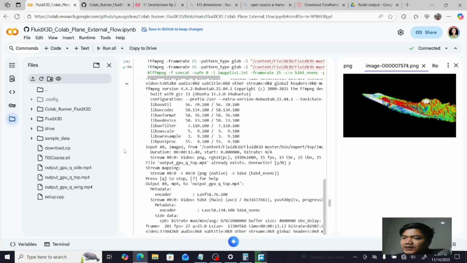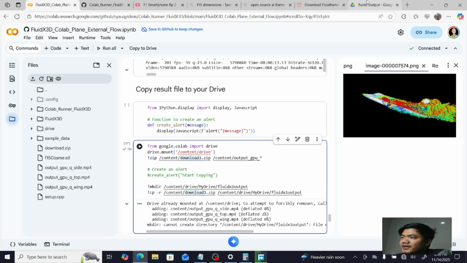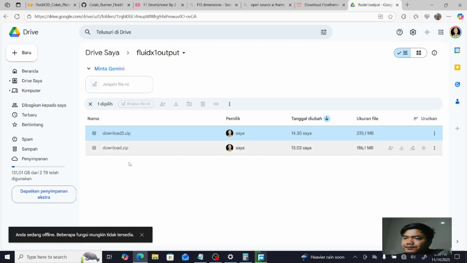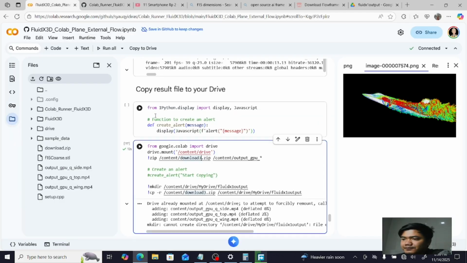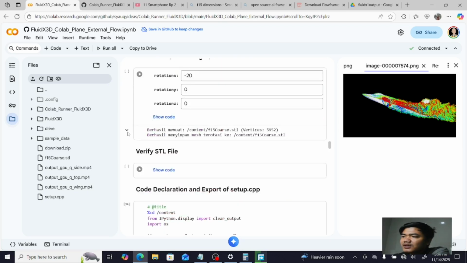And then you just need to run this cell for uploading your video to Google Drive. And this is my video. Okay, and here is the result video for you to see the capability of this method of doing simulation.